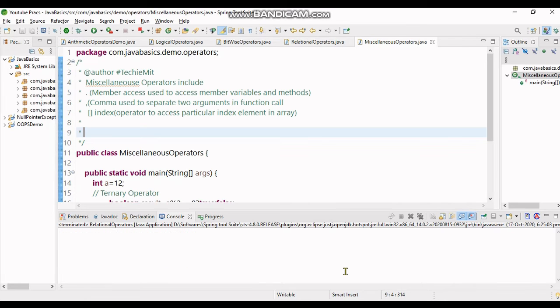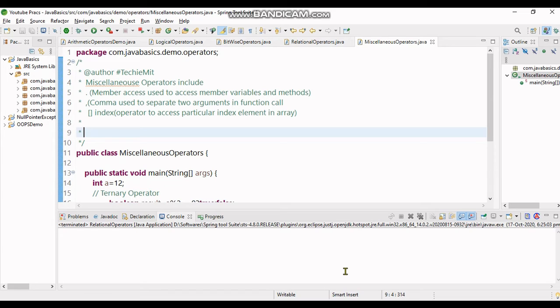That was about relational operators. Now we'll come to the miscellaneous operators in Java. Miscellaneous operators include the dot member access, used to access member variables and methods. If you declare an instance variable using the new operator, you have to use the dot operator to access member variables and methods.